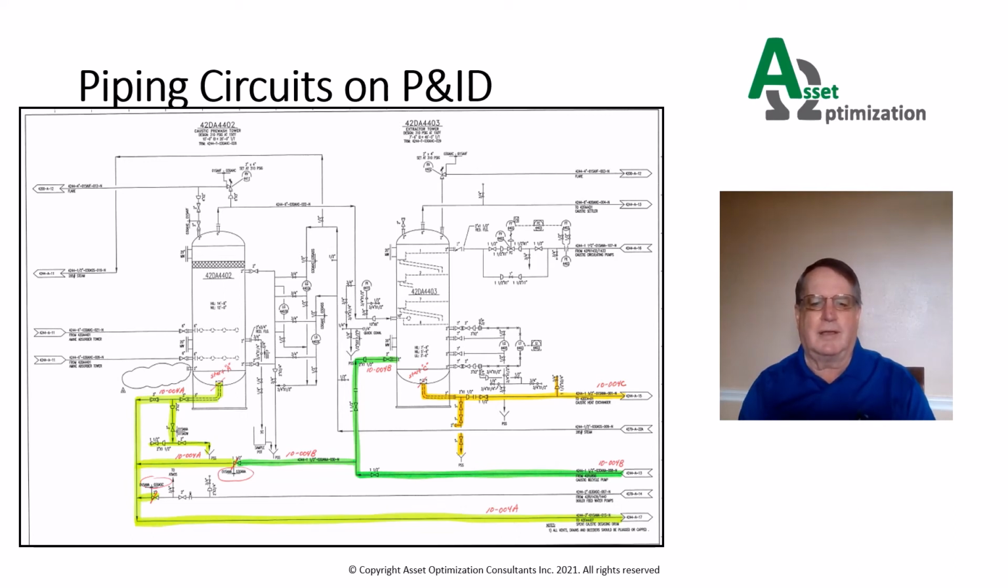Circuit 4A exits the bottom of Vessel 1 and is colored yellow. Circuit 4B exits the side of Vessel 2 and is colored green. And Circuit 4C exits the bottom of Vessel 2 and is colored orange. Circuit breaks are identified with a hash mark at the control valve as shown. Each corrosion circuit is highlighted in a similar fashion until all the identified circuits are